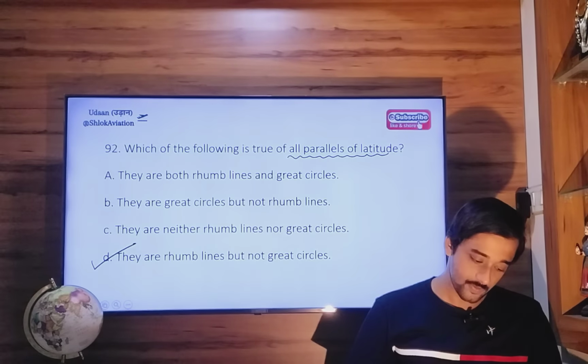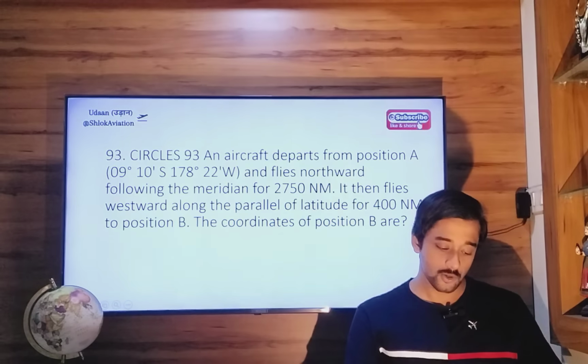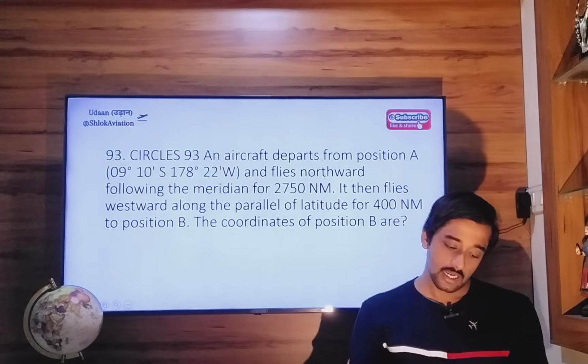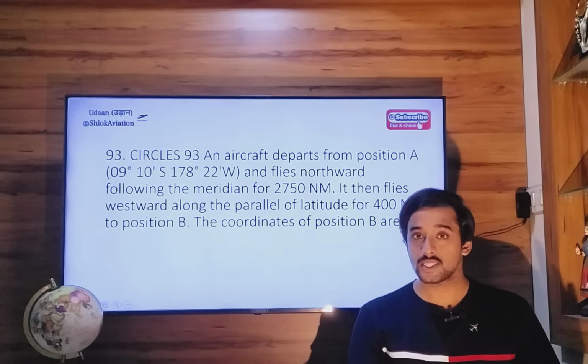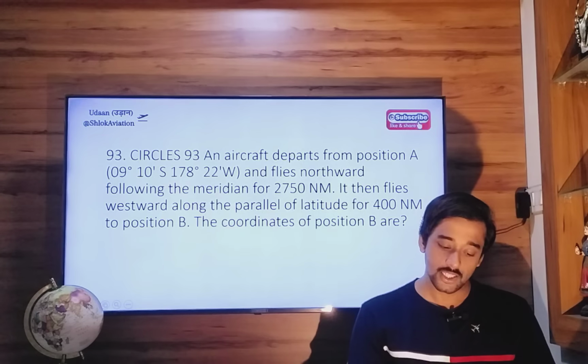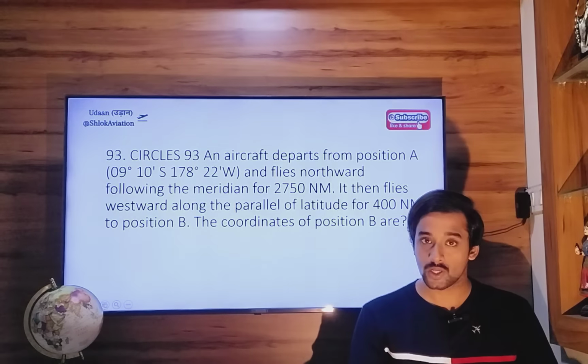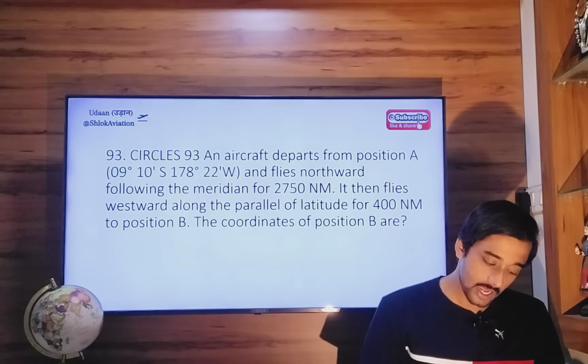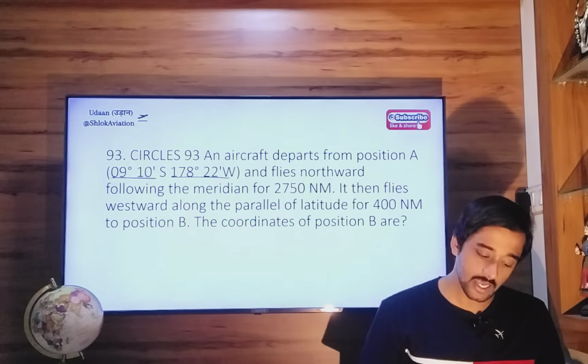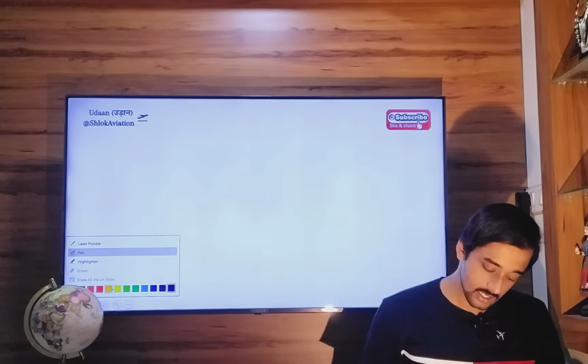Okay, next. Aircraft departs from position A and flies northward along a meridian for 2,750 miles. After reaching that point, it flies west along the latitude for 400 miles. What are the new coordinates? So 9 degree 10 minutes south, 178 degree 22 minutes west. So again,